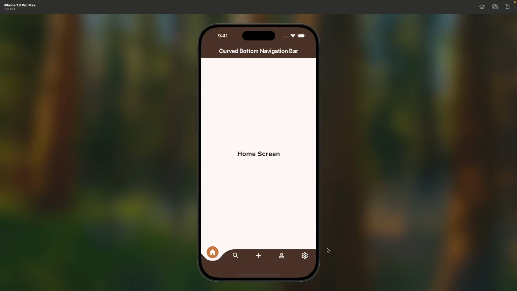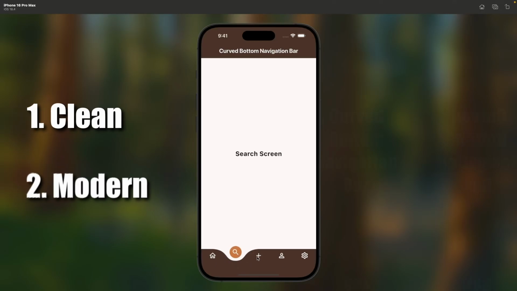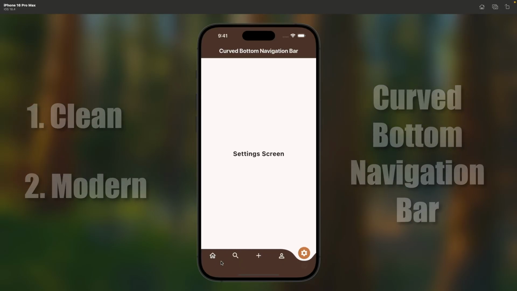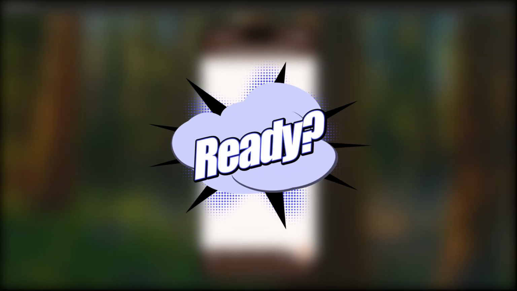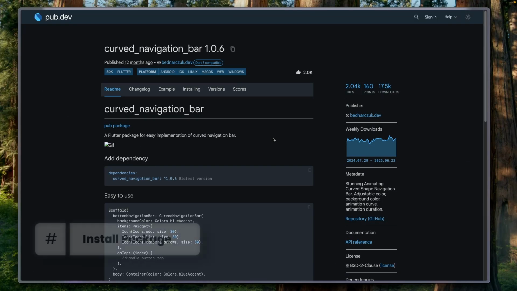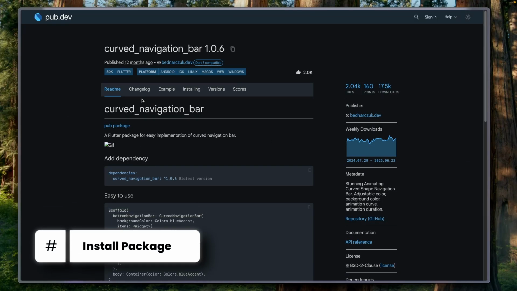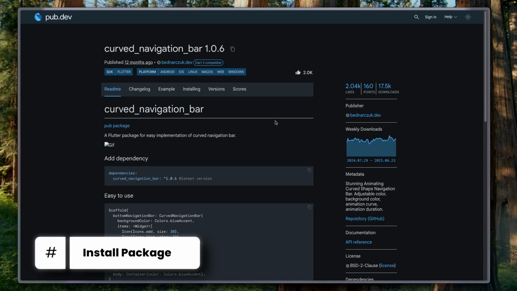This is what we are building today, a clean, modern curved bottom navigation bar in Flutter. Ready? Let's go. To use the curved navigation bar, we need to add the curved navigation bar package to our Flutter